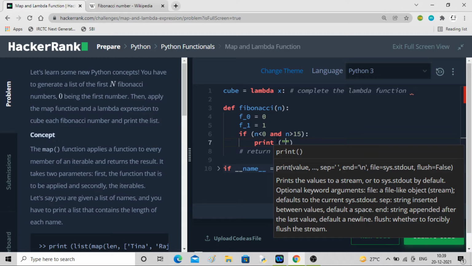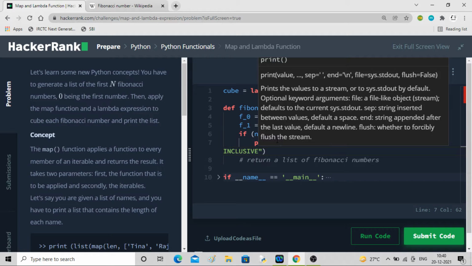The value of n should be between 0 and 15, inclusive.